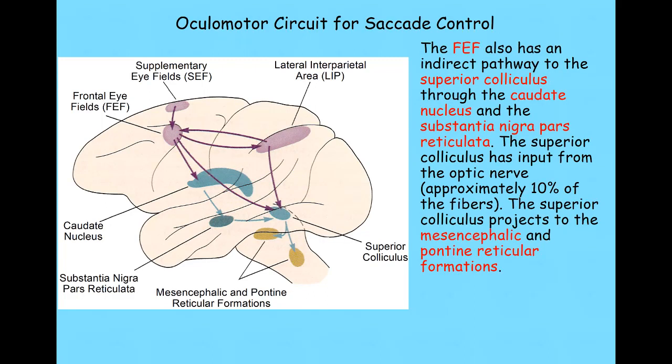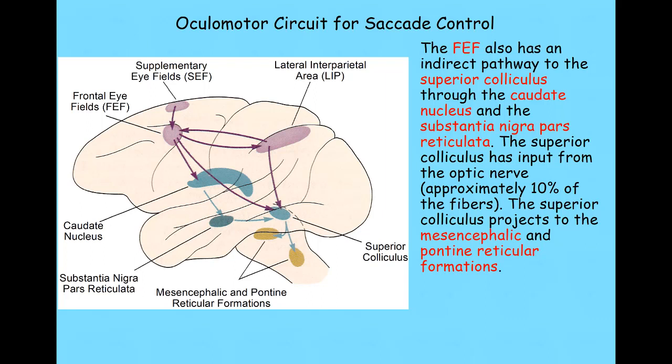Now, the frontal eye field itself has reciprocal connections with the lateral interparietal area here. It projects forward and then it gets feedback back. And both the lateral interparietal area and the frontal eye field have direct projections onto our superior colliculus that we talked about earlier. In addition to that, the frontal eye field has an indirect pathway down to the superior colliculus. It projects to the caudate nucleus here, then to the substantia nigra pars reticulata here, and then into the superior